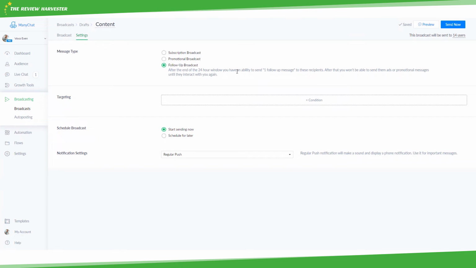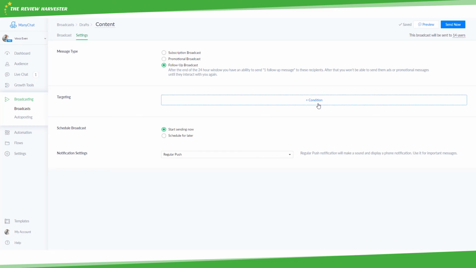So let's say he bought a kitchen knife from us, we're gonna follow up and say, hey David, so how's your kitchen knife? Have you gotten to ordering our kitchen knife? And we're gonna have an interaction with him. And after this, if he interacts, we can send him promotional messages again. And that's called the 24+1 rule, guys, on Facebook. So you have 24 hours to send promotional content, plus 1 hour, we can send, so to say, a follow-up